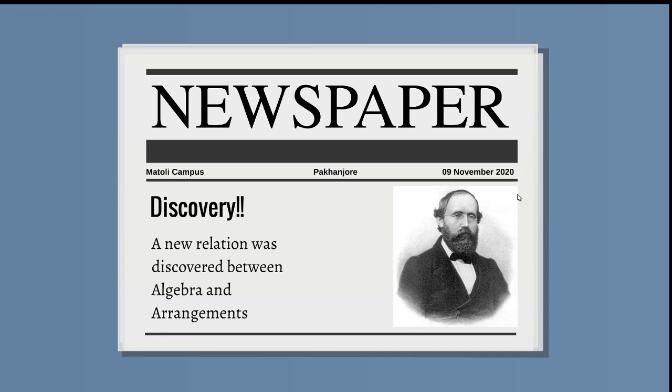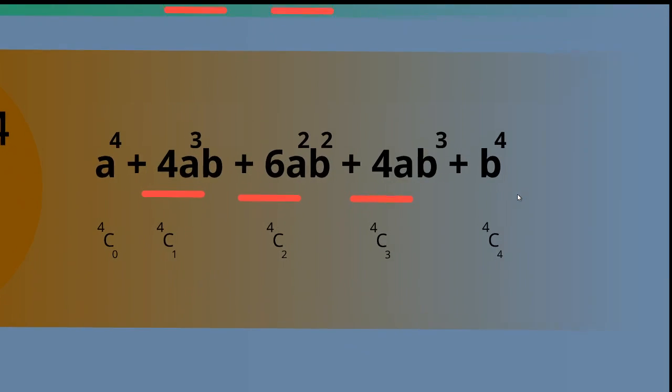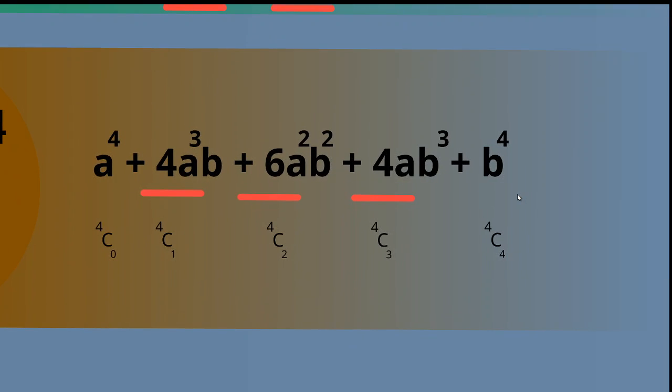There's a relation between algebra and arrangements. Guys, the maths that you studied in the previous classes, the algebra, the algebraic identities, these things are connected with permutations and combinations. Do you understand how it's all related together? Now